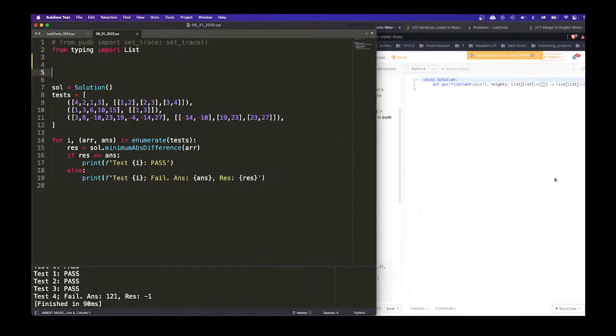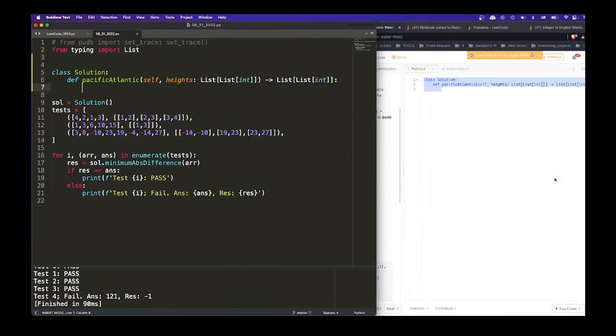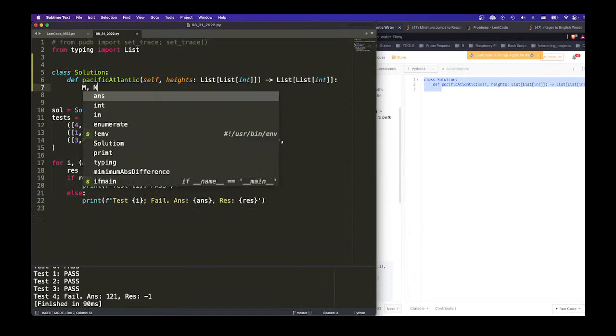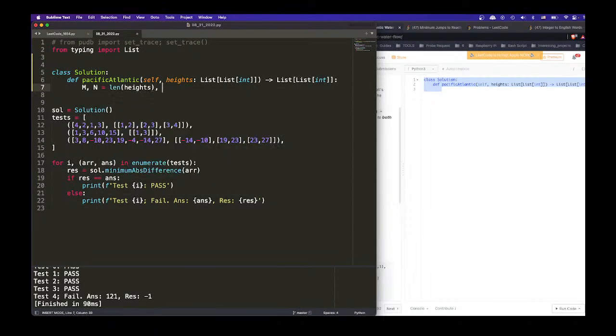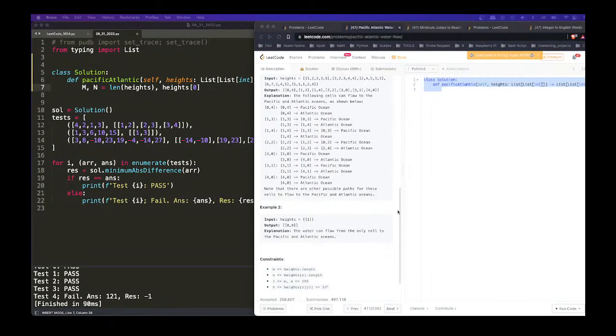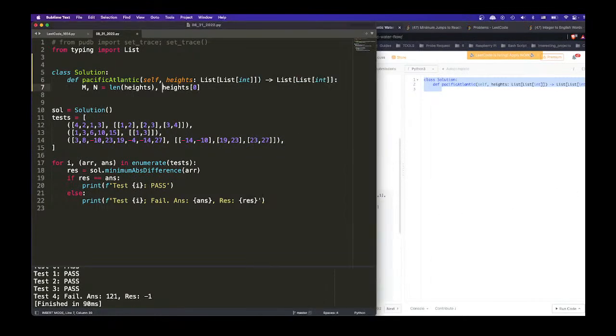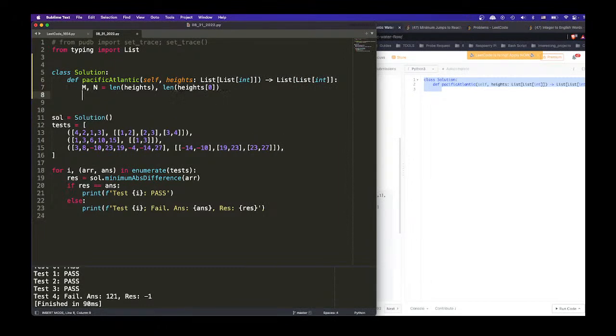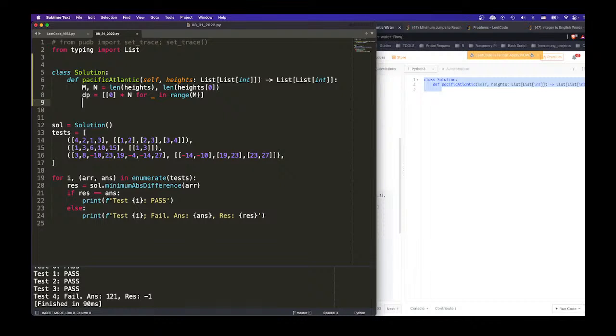So we need a DP. Alright, so we'll go m, n, heights 0. Alright, can we have heights 0? Yes, we can. Okay, dp equals 0 times n for this in range m. Okay. Now, so first round,